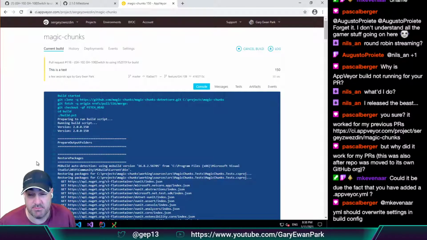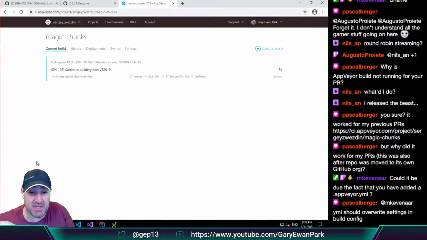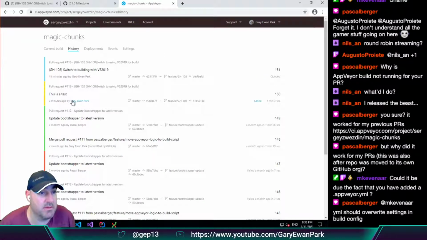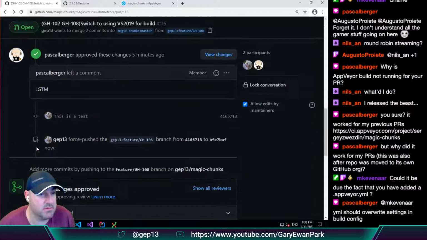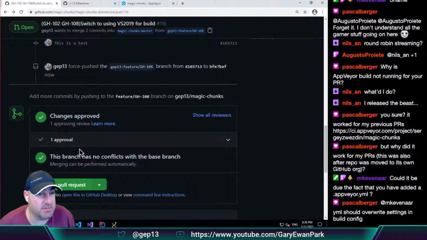But yeah, as Pascal pointed out, it's the intersection between what's in the UI and what's in the appver.yaml file. So the appver.yaml file will overwrite anything that's in the UI settings. But with that done, hopefully, we should get